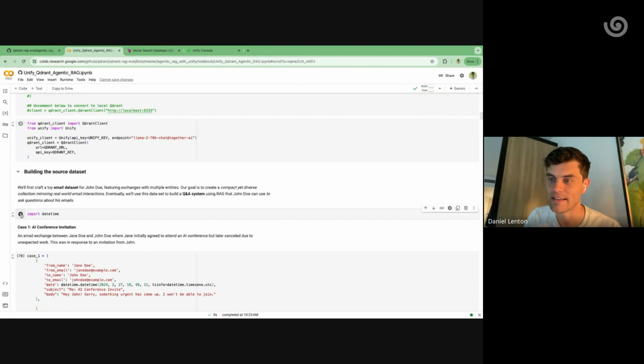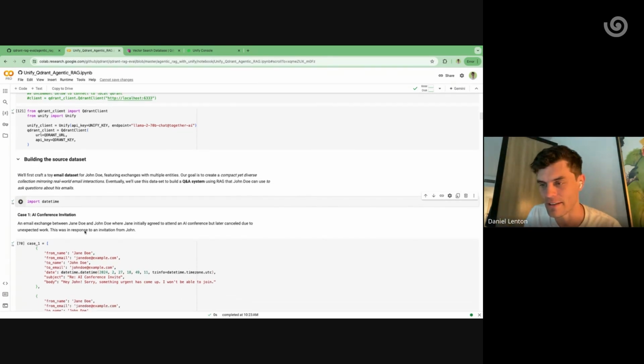So now we're just going to build a data set. Again, we're now going to be focusing on a hypothetical example where you want to build a pipeline to talk to your email inbox. It'd be great if you could just say to your inbox, hey, inbox, I chatted to somebody about a workshop 3 weeks ago, but I can't remember who it was, and I can't remember how we left it. Can you please find this email exchange for me? Or you might want to say, hey, how many people have reached out about jobs in the last month? I've forgotten. We've had quite a lot, but I can't remember how many people that was. So this ability to really just talk to your inbox and get answers is kind of the use case